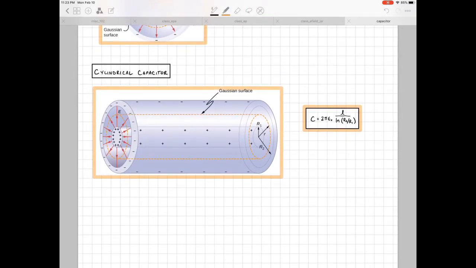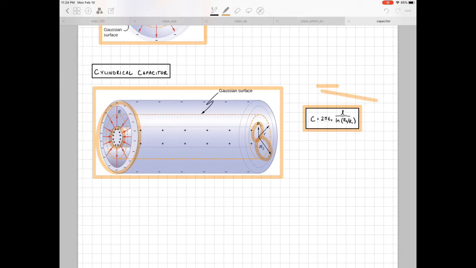The third common capacitor that we might see is a cylindrical capacitor. We've got an inner cylinder, in this case positively charged, and then an outer cylinder with the opposite charge. The inner cylinder we're calling radius R1, and the outer cylinder radius R2. The integral to determine the potential difference between R1 and R2 is done in the book. I didn't reproduce it, but again, the